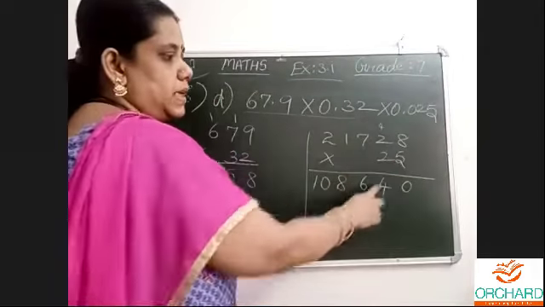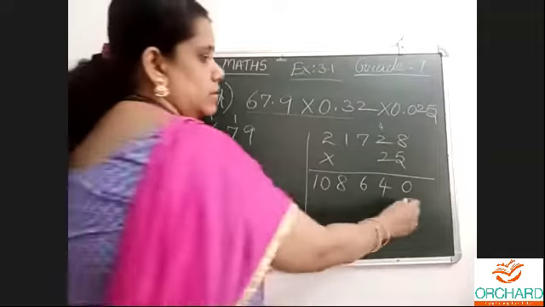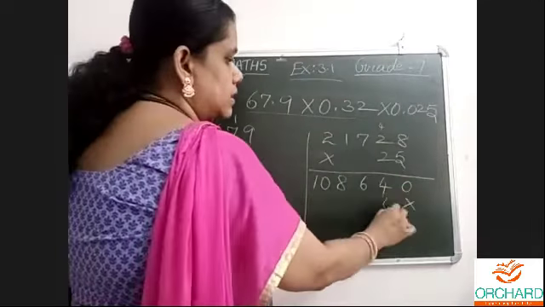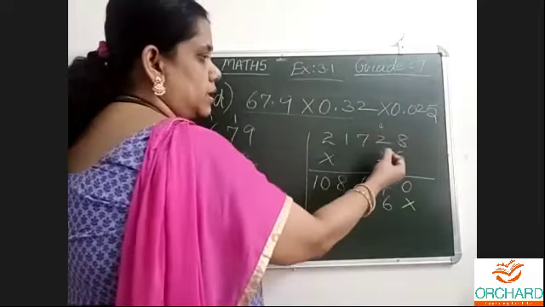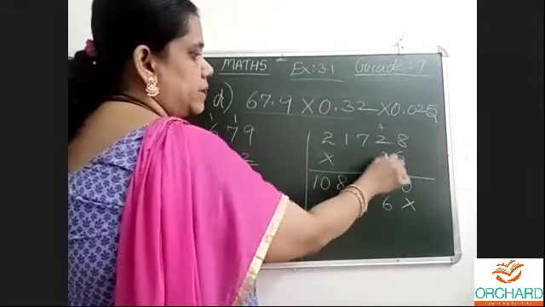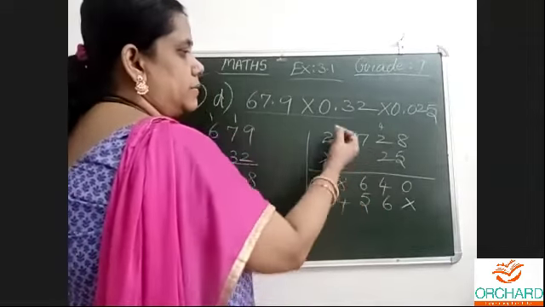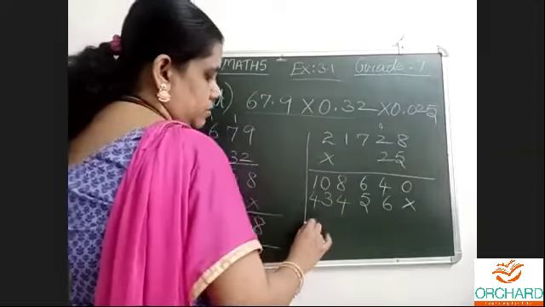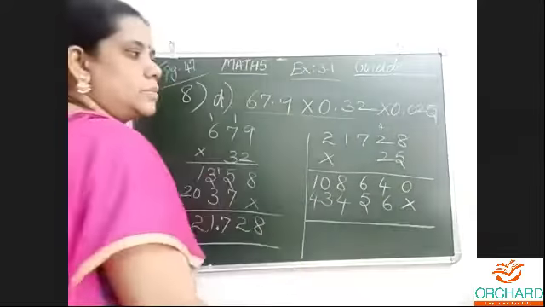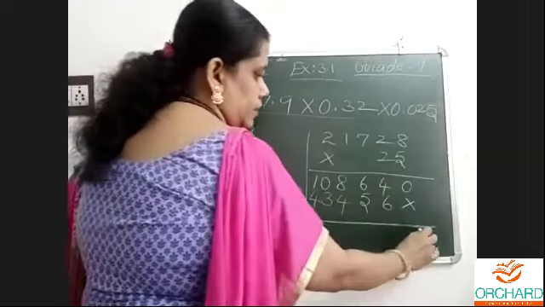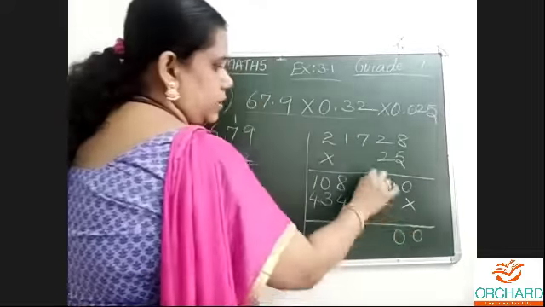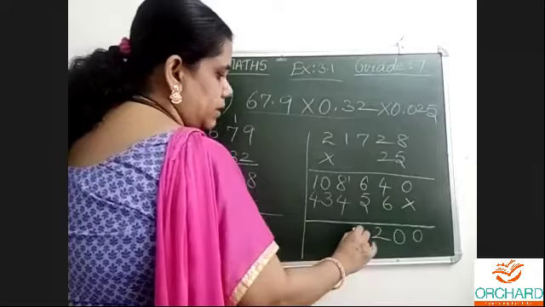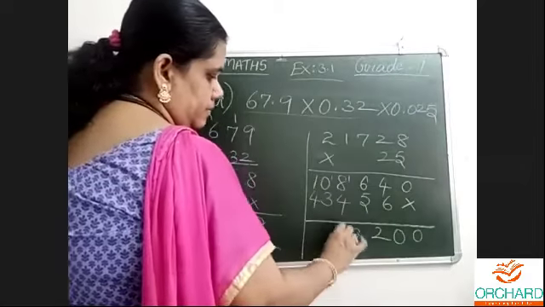With this number I did; now with this number I am going to do. 8 2s are 16, carry over 1. 2 2s are 4 plus 1, 5. 7 2s are 14, 4, carried over 1. 2 1s are 2 plus 1, 3. 2 2s are 4. Now normal addition. 0, 6 plus 10 is 0, carried over 1, 12, 1. 8 plus 4, 12 plus 1, 13, 1, 5.